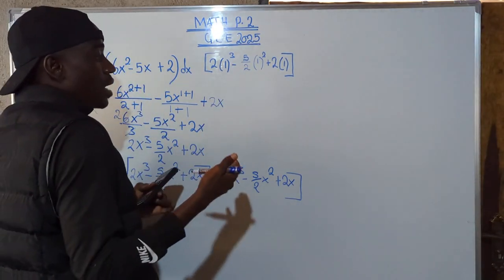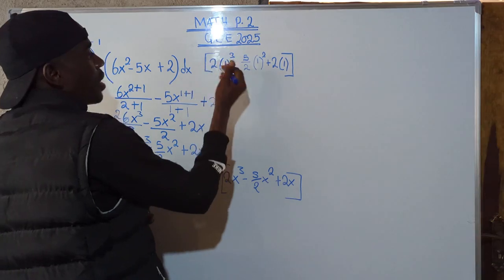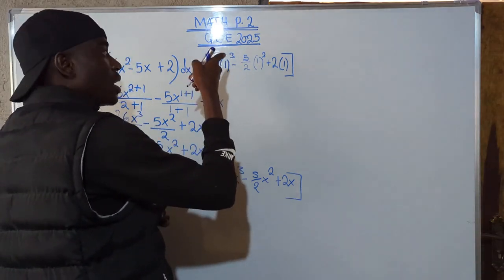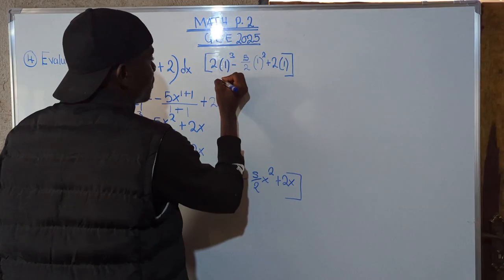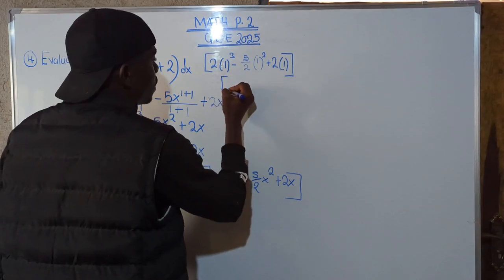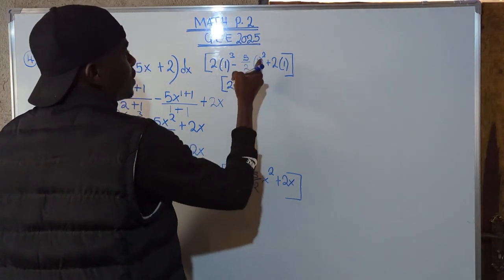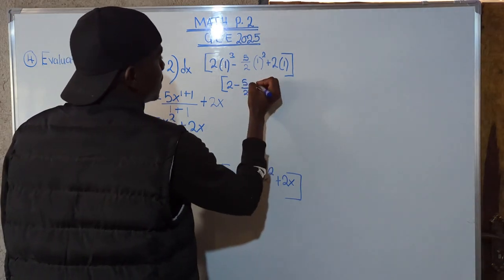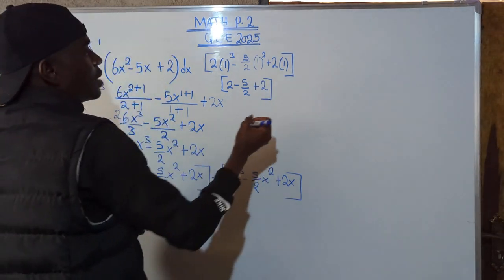So I can do it in advance so that I don't get confused. So what is 1 to the power 3? Of course, it's going to be 1, right? Then 1 multiplied by 2, it's going to be 2. Minus, this of course will just give us 5 over 2. And then this is going to give us a 2. Okay? Minus,